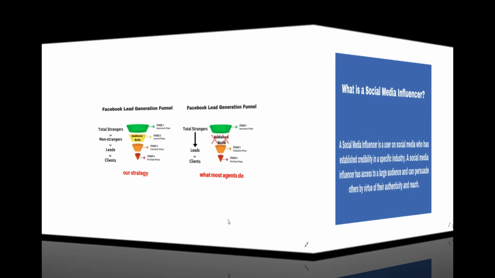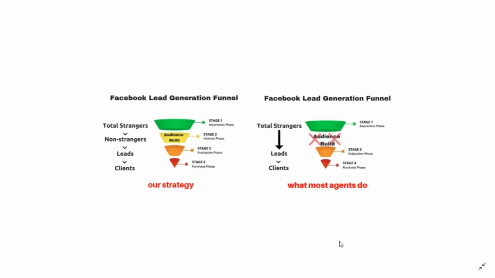So here's what I mean. Basically, here are two sales funnels side by side. They kind of look similar, but if you look at the one on the right, it doesn't have that audience build phase in it, and the one on the left does. The one on the right is what most real estate agents do: they'll post an ad on Facebook with some type of lead magnet,